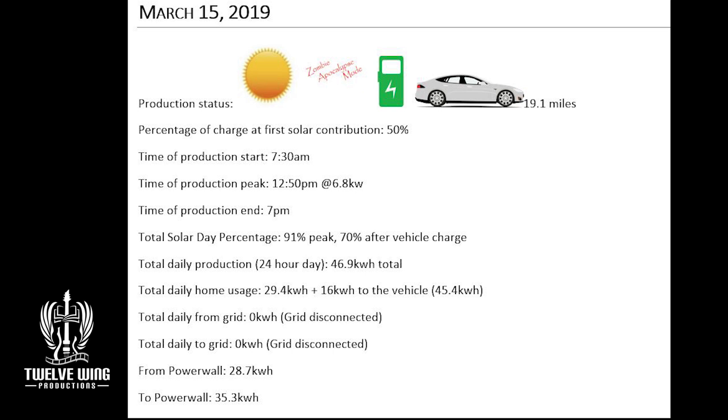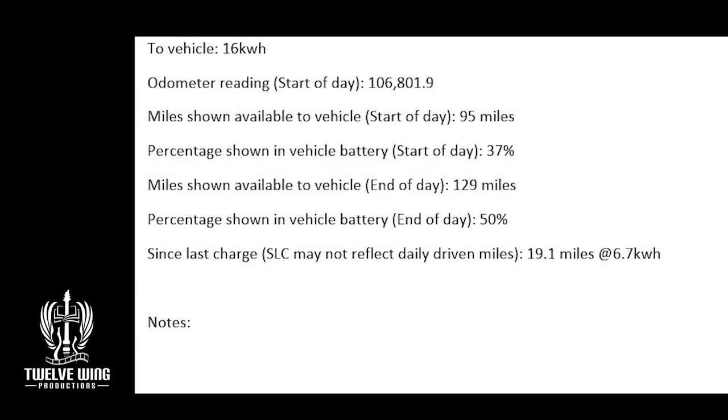And then the 15th, 19 miles. Excuse me, 19 miles. Got that reversed. And this is actually my typical